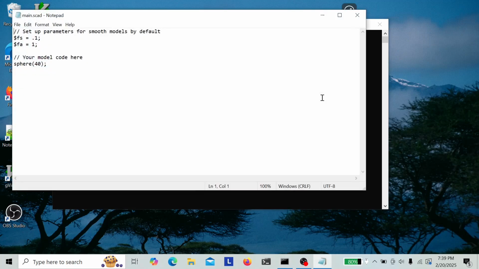Main.scad - Notepad. Text editor edit multi-line. // set up parameters for smooth models by default. So we've got some just basic variable setup in here and a sphere with a radius of 40 millimeters. It's a fairly large sphere. So if I read all the contents of the file, you can see what the default is going to look like. // set up parameters for smooth models by default $fs = 0.1; $fa = 1; // your model code here sphere(40);